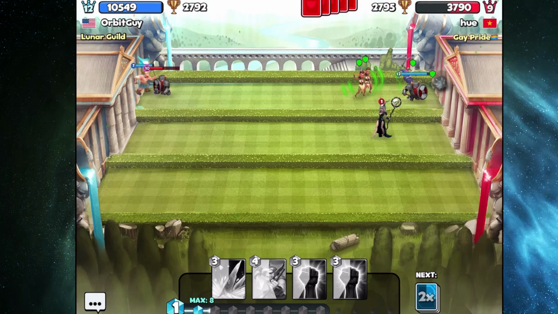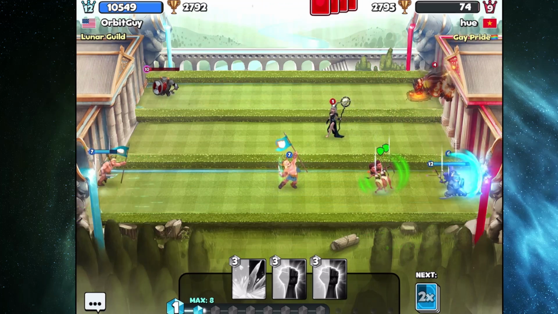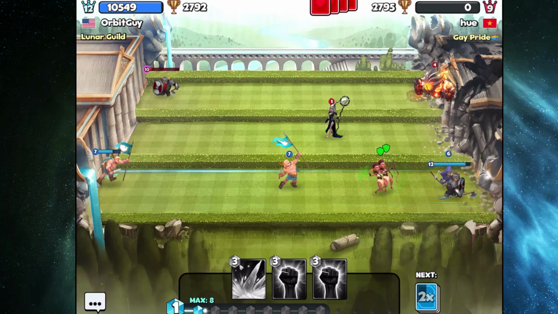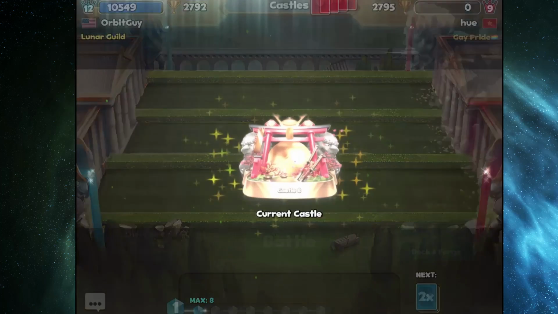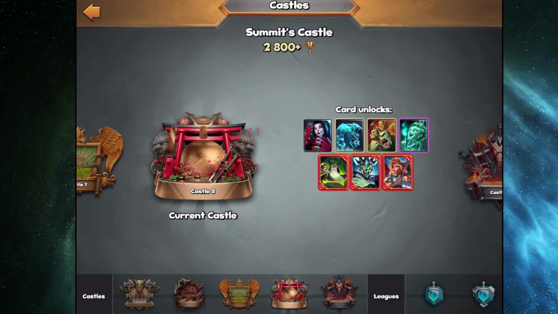Unless they have Gust of Wind, which we're good. We have the protection down. They tried to clear it. Swap lanes. Easy win. And there we are up to Castle 8, guys. So there was my